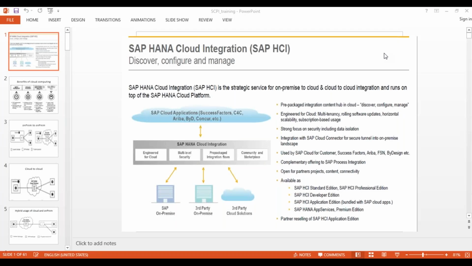As you see, the integration is hosted on the cloud platform, so let's understand what benefits are available when using the SAP Cloud Platform.